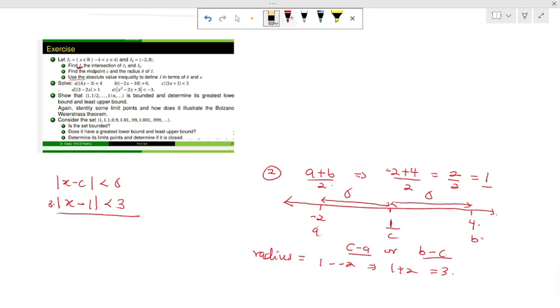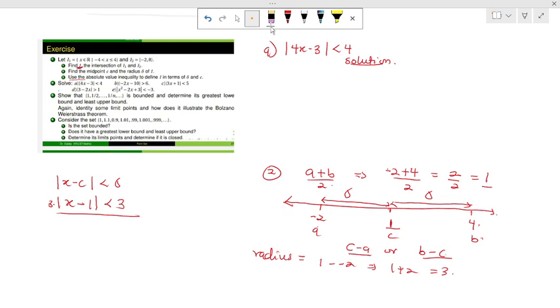Okay, so let's go. I have the very first one to be absolute. A is giving us absolute of 4x minus 3 is less than 4. So how do we solve this? Now, to solve any absolute value problem, yes, you can use the neighborhood approach, or you can simply use the